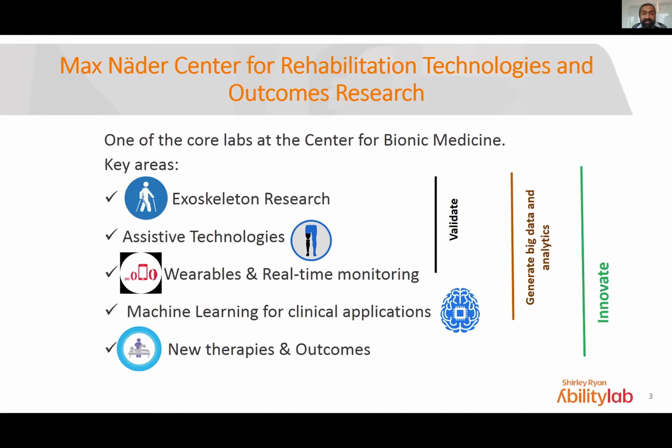So within the Ability Lab, I work under Max Snyder Center for Rehabilitation. Some of the key research projects we handle are mainly with externally powered exoskeletons and assistive technologies. In the past few years, we have also gone into more wearable sensing and real-time patient monitoring. We have also gone into data analytics, and now we combine them to come up with new therapies